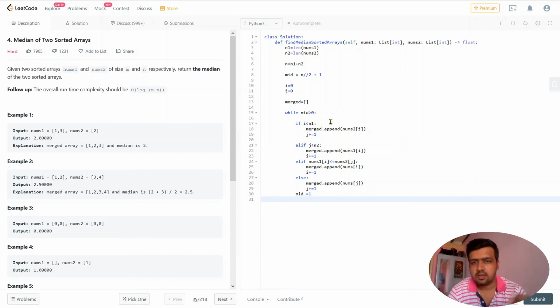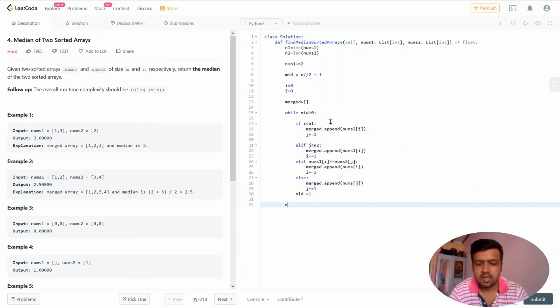Okay, so now as soon as I have appended all the elements, I will check whether the total length of the array that we were supposed to get after merging both the individual arrays is even or odd. So if n modulo 2 equals 0, so if the total length is even, then we will take the average of the two center elements.